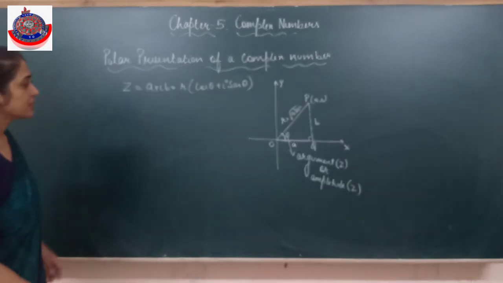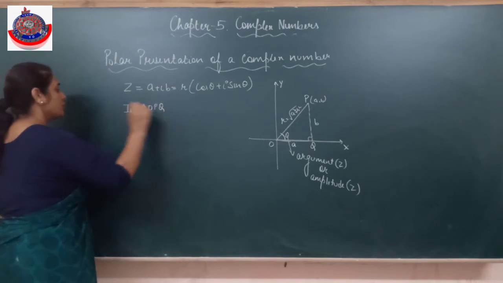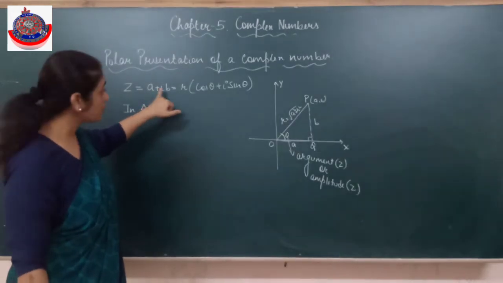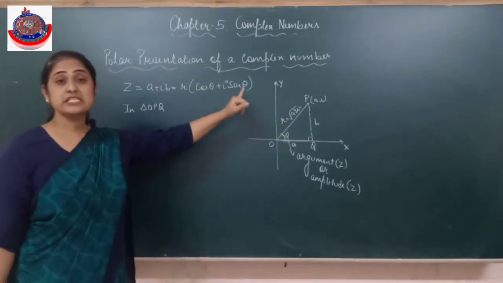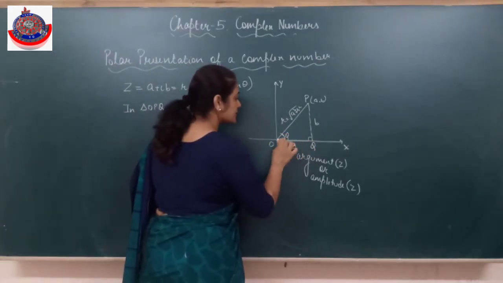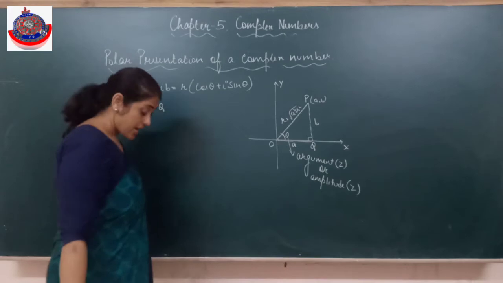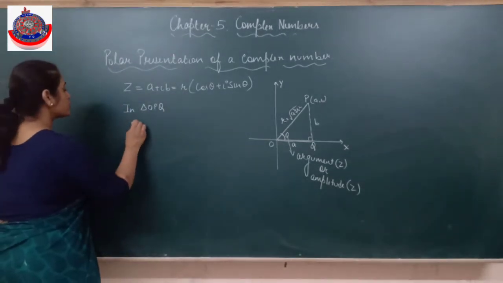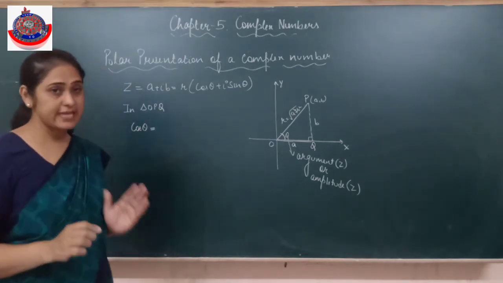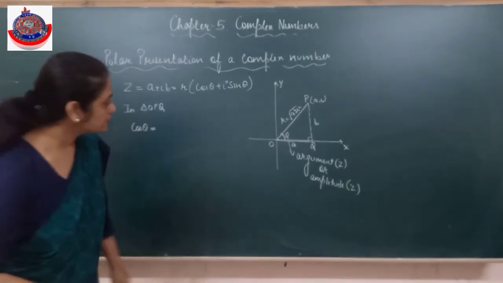Alright, now I am using trigonometry in triangle OPQ. The complex number is in the form of a plus iota b. मुझे a और b हटाना है, उसकी जगह पर मुझे cos theta, sin theta and r चाहिए. So I'll use this triangle. For this angle, this is my base and this is the hypotenuse. Definitely the side which is opposite to 90 is the hypotenuse. So base and hypotenuse are used in cos theta. This you have done in class 10th. Trigonometry we have not done in this class yet, but these are the basics which you have done in class 10th. Whatever you require, I'll explain to you.